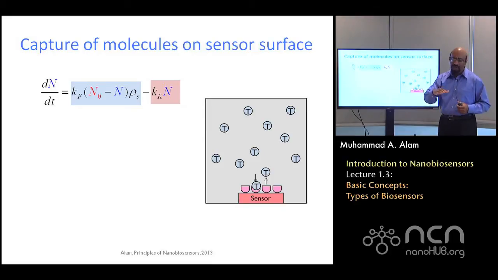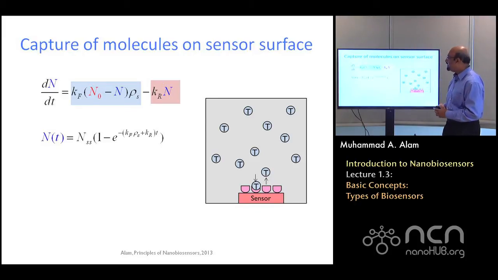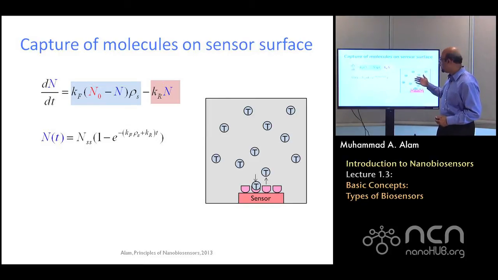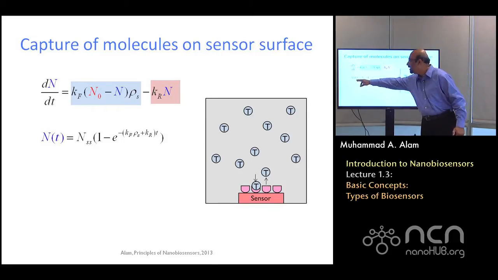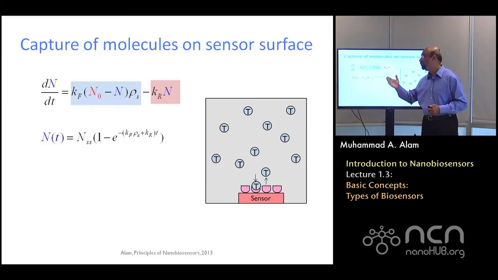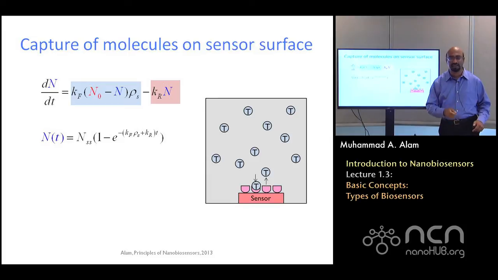So if you want to look at a given time how many molecules you have, this would be a balance between how many have been captured and how many have been released. And if you solve this differential equation, assuming that there are so many biomolecules that diffusion is not very important, then the total number of particles captured through this capture equation is given by this exponential relationship. In the very beginning, t equals 0. Of course, you have captured nothing. You just inserted the sensor.